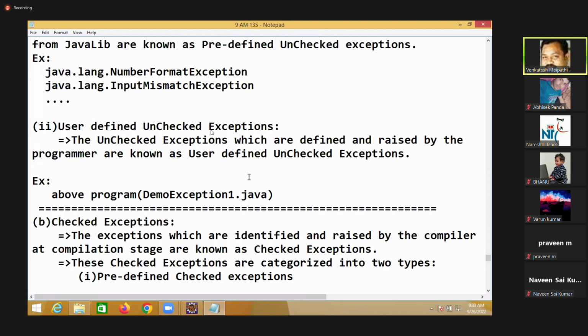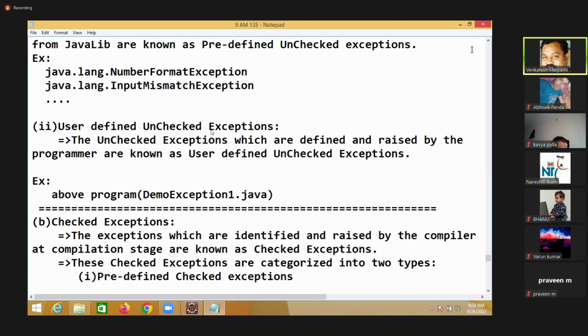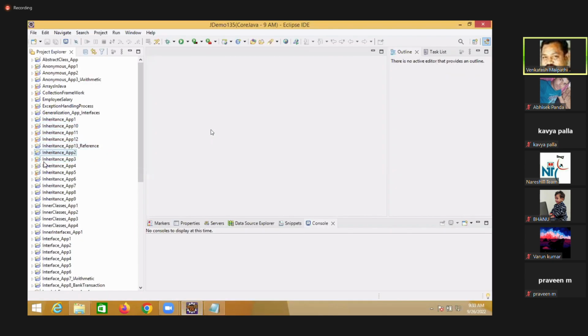The class must be declared with one parameterized constructor with a String as the parameter. When the exception condition is true, we have to create an object for the class from where the exception is raised. While creating the object, we pass the message as a parameter and throw the reference onto the catch block. That is the exception